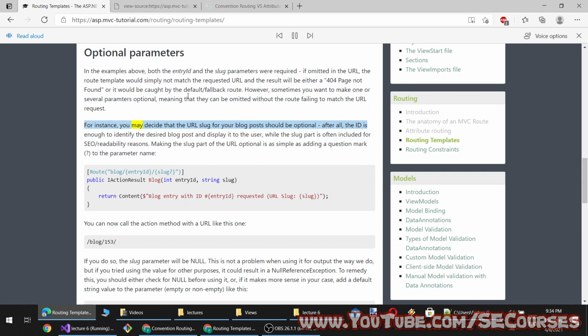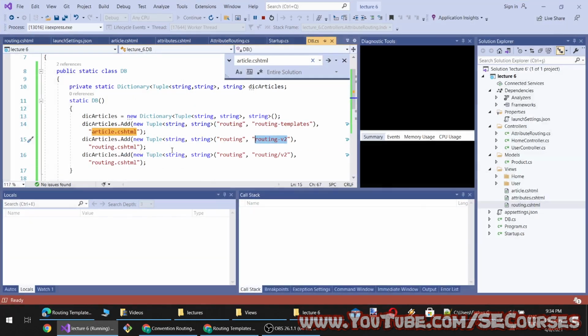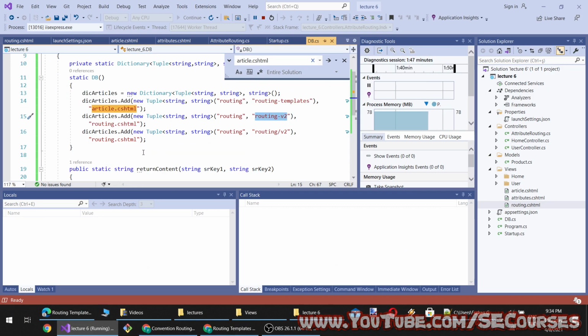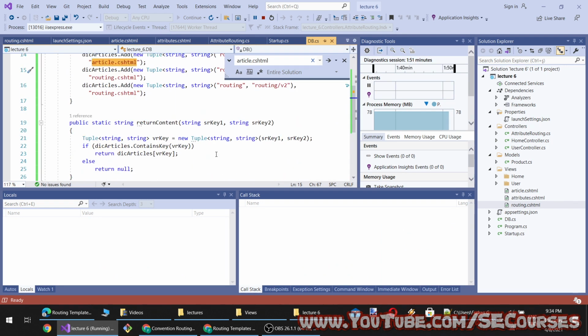For instance, you may decide that the URL slug for your blog post should be optional after all. The ID is enough to identify the desired blog post and display it to the user, while the slug part is often included for SEO and readability reasons. Making the slug part of the URL optional is as simple as adding a question mark to the parameter name. Route blog. Okay, so in this case, our tuples will change,